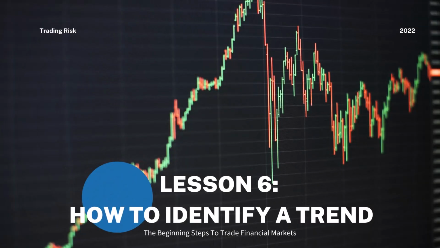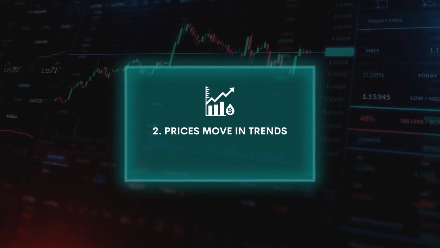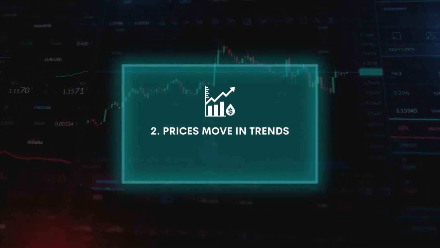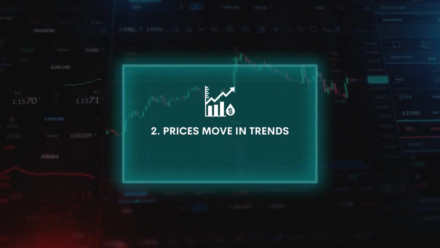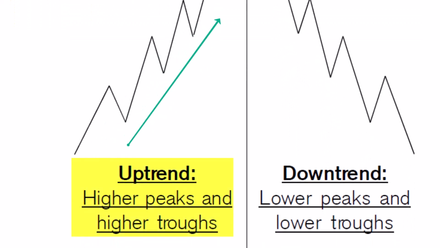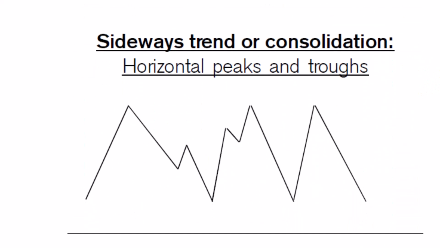Lesson 6. Identifying Trends. Remember, the market always moves in trends. Now, the first step of identifying a trend is to understand the basics: there are three directions. There is the basic upward direction, which we seem to all be drawn to. There is the downward direction, which we seem to all be averse to. And then there is something called directionless, or equilibrium, consolidation, or range bound, where there is really no clear